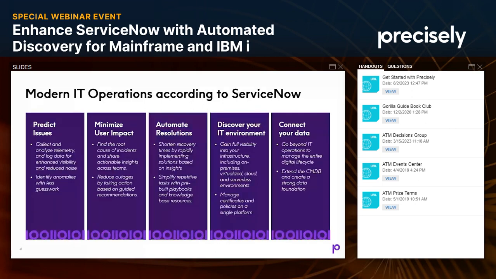The fourth pillar here, and that's going to be kind of the centerpiece of our discussion today, is discovering your IT environment. And that's a fancy way of saying knowing what my IT environment looks like. Get the complete viewpoint, the full visibility of everything in your infrastructure. Things that are on-prem, applications that are in the cloud, your resources around whether cloud, on-prem, different locations, all that stuff. Being able to see your entire IT infrastructure and being able to see that on an ongoing, regular basis